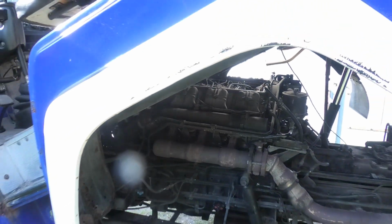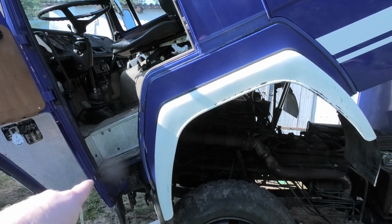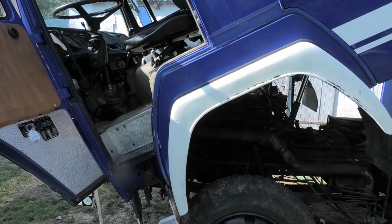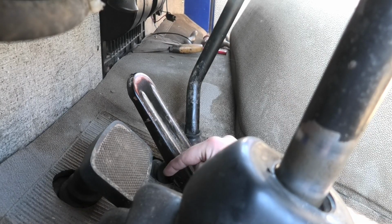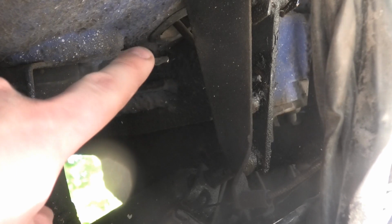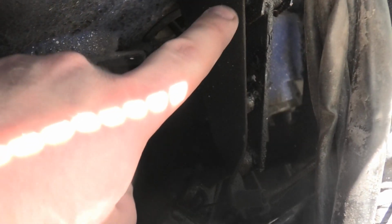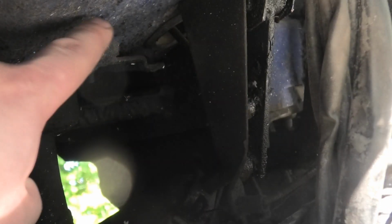Right, so now that we can really see what's going on here, I can go ahead and show you the very long way that throttle linkage has to travel to get to the pump. So of course it starts up here at the pedal, where this is pushing a rod down through the floor. Now that rod comes out right through the floor and into this lever out here in the front of the cab. There's a little ball joint connected right there, so when you push on the throttle, you are pushing this